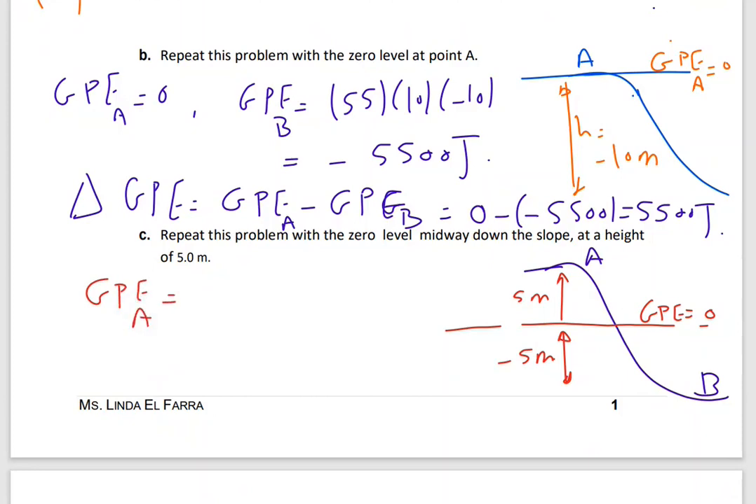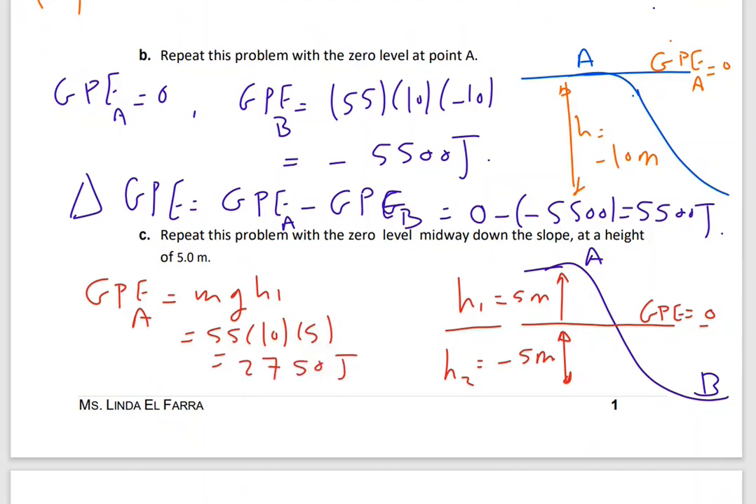at point A is mgh. Moving up is positive, down is negative. Here I'm going to call this one h1 and this one h2. So it will be mg at point A times h1. Mass is 55 times 10 times 5, and this will equal 2,750 joules. Now at point B,